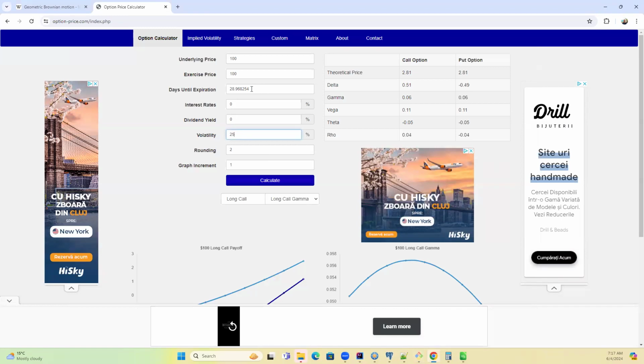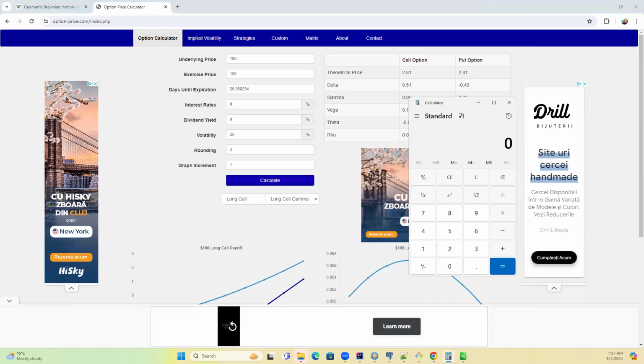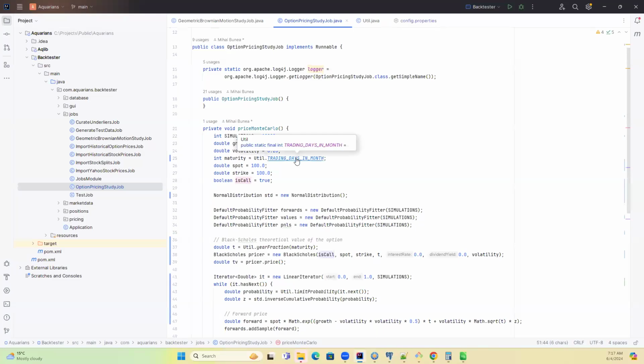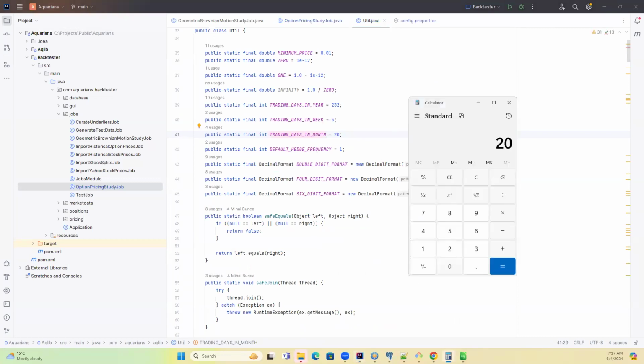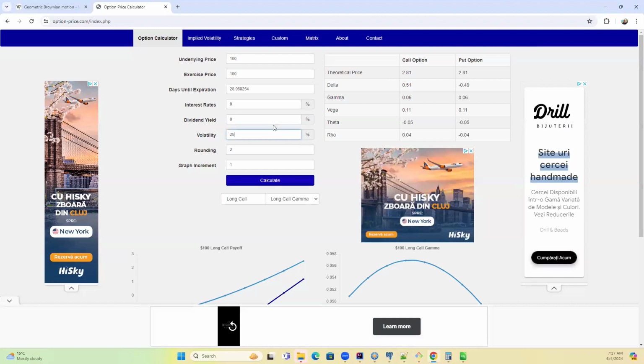And it's important to equalize the times. Times have different conventions. On this side, they are using 365 days a year. I'm using 252 days a year. Since I'm using 20 days out of 252, let's divide 20 like this. This is the ratio of a year that I'm using, the year fraction, and I multiply this by 365, and I get this number. So I have to input this exact number of days